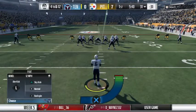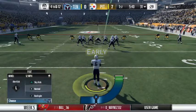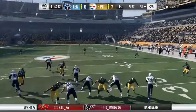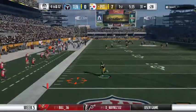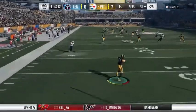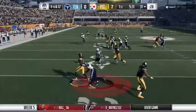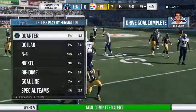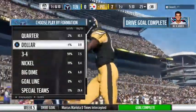On 4th down, here's Brett Kern to punt the football away. Back deep for the Steelers, Antonio Brown. And this is away. It's a high kick, and he got all of it. Oh, he's going to go ahead and field it from the 3-yard line. And Pittsburgh getting set to take the